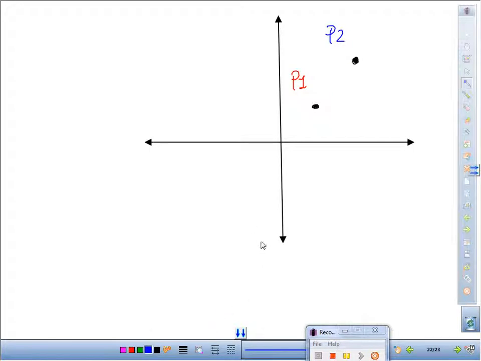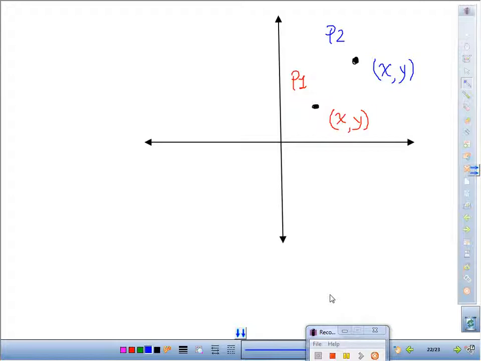So one of the things that I would ask you to do for point 1, we're going to write a coordinate. So I'm going to open up a parenthesis, and I'm doing point 1 in red. Since I didn't give you any numbers, I know that this one is X and this one is Y. Is that correct? All right. For point 2, I'm going to open up parentheses with blue. And that one, I know that this is X and this is Y. Okay? However,